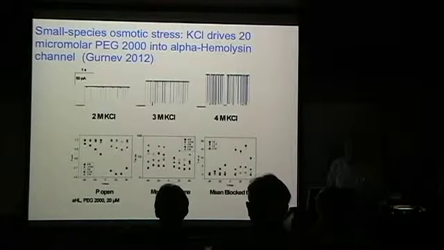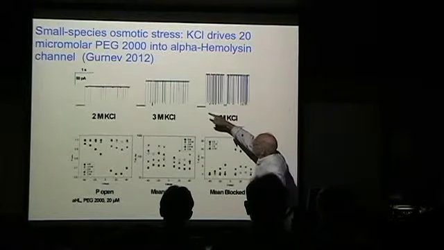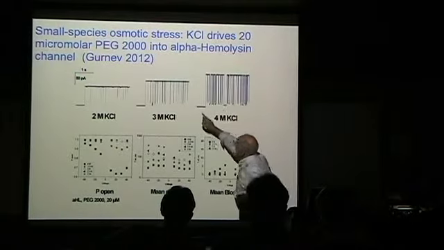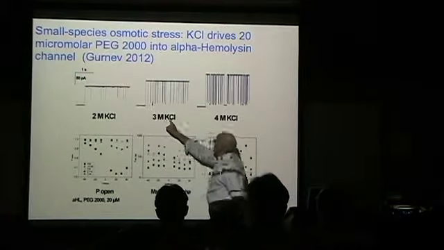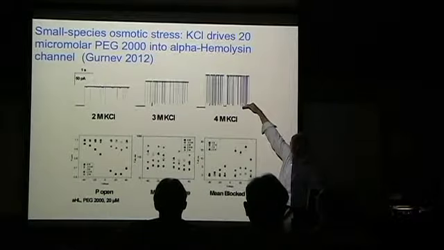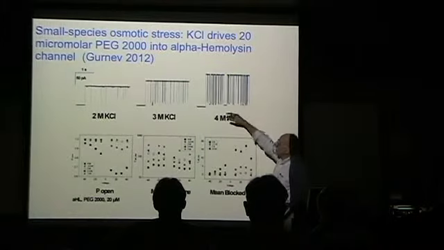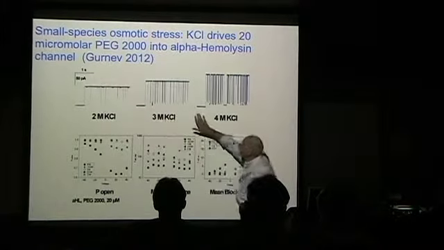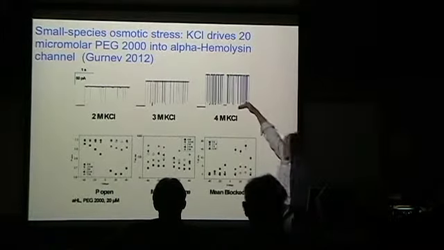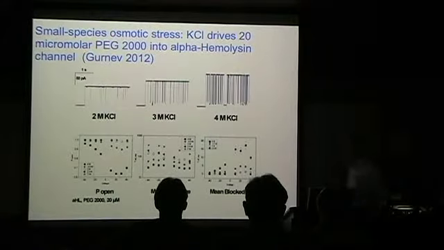So the experiment is this. I won't go through all of this because the time's getting a little bit late. But if you have more and more salt in the solution, and the drop in the current is due to the presence of a protein blocking that channel, you see as you go to a higher and higher salt concentration, you're getting much more fraction of the time that the polymer's inside.